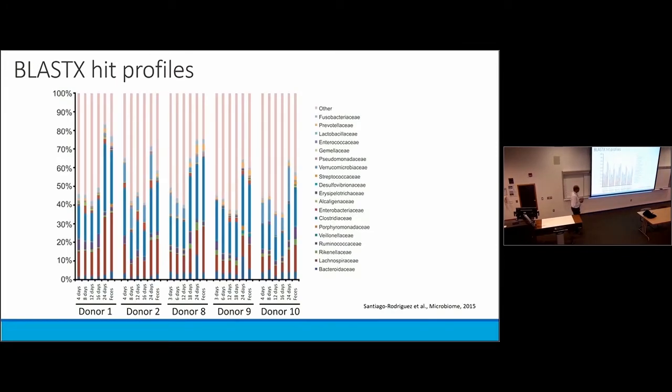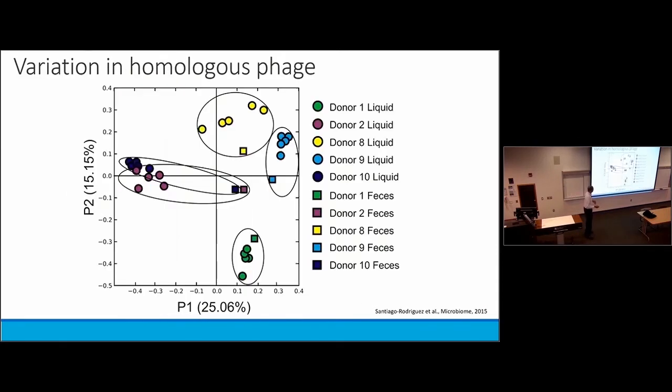And when we look at the viruses in these systems over time, they tend to mature once they hit day 24, which is about the stable state for these systems. So you get one sort of phenotype all the way through day 16, but when you hit day 24, the patterns of viruses that you see in all of these subjects that we looked at look remarkably similar to what you find in human feces. Even if we do sort of a basic principal coordinates analysis on this, we see that the liquid gold always groups together with the feces.